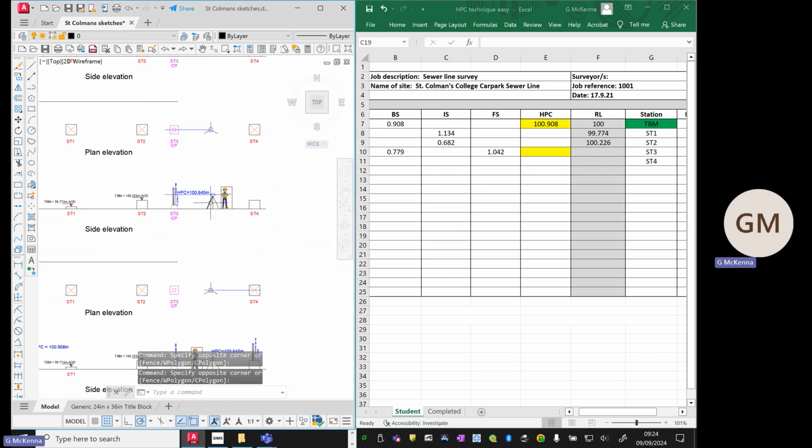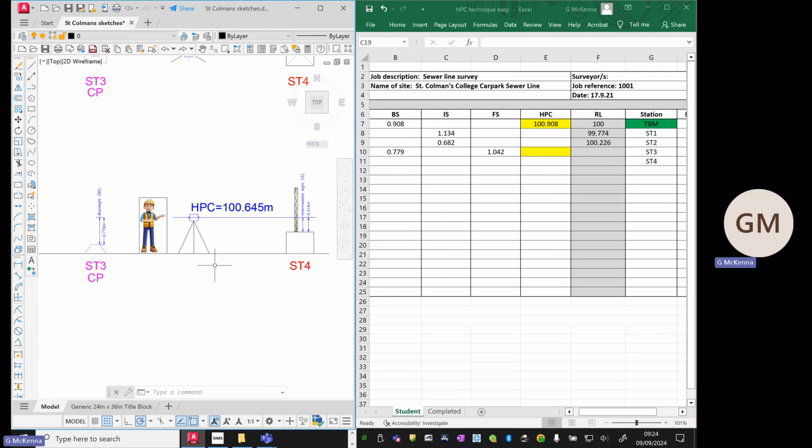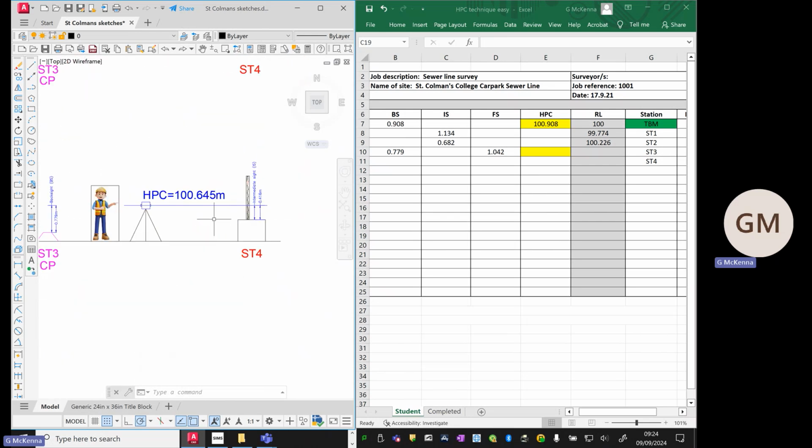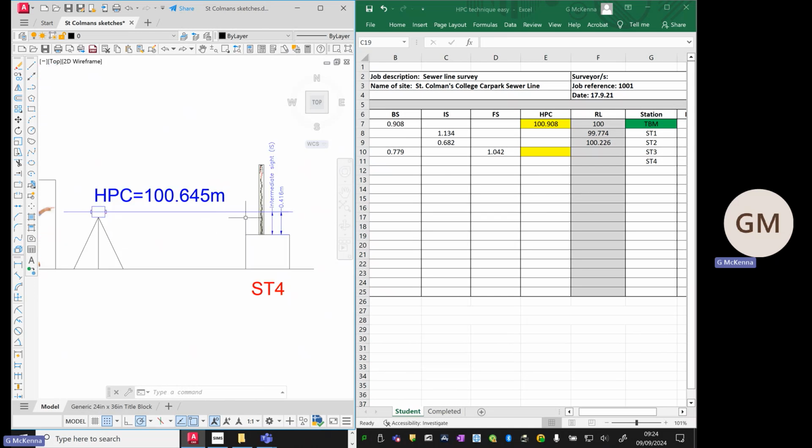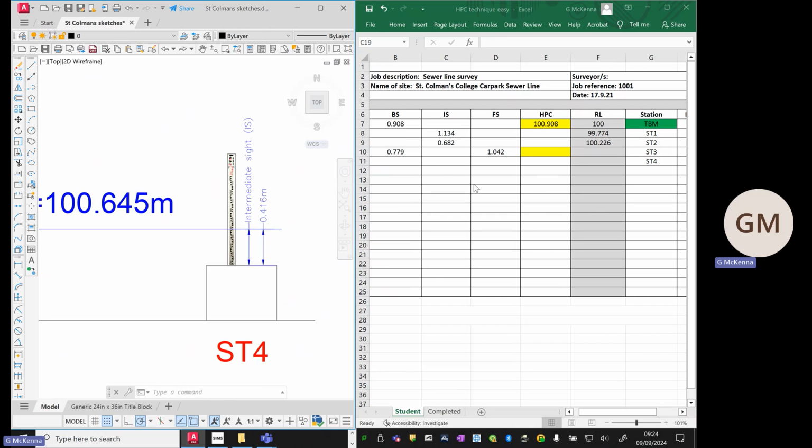Whenever we go back into our office, we can work out, of course, the reduced levels of that point. But when we're out on site, you can now swing the instrument around and start to take intermediate sights, in this case, to this new hypothetical point ST4. So I have swung the instrument around and I've taken an intermediate sight to ST4. As you can see up here, it has to be along this row somewhere, but because it's an intermediate sight,